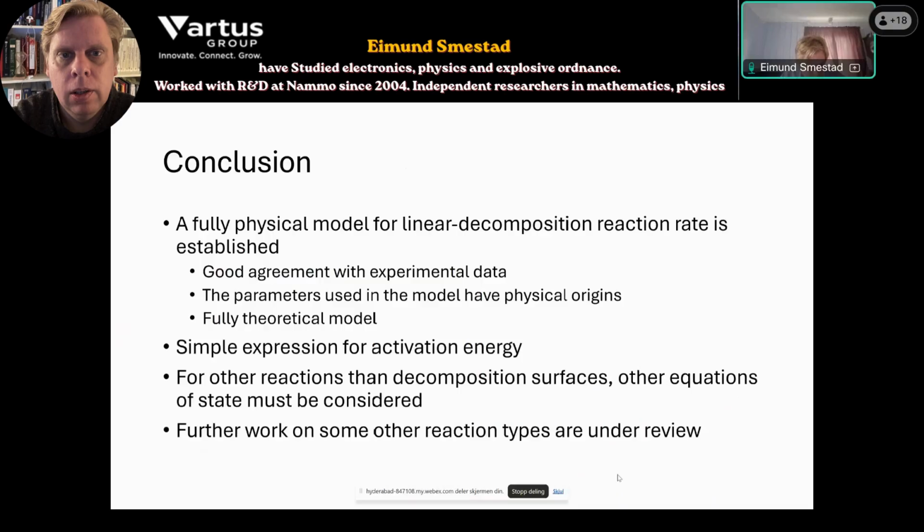Conclusion. A fully physical model of linear reaction rate is established. Good agreement with experimental data. The parameters used in the model have physical origins. It's a fully theoretical model and not empirical. A simple expression for activation energy is achieved. For other reactions than decomposition surface, other equations of state must be considered. There is further work on other types